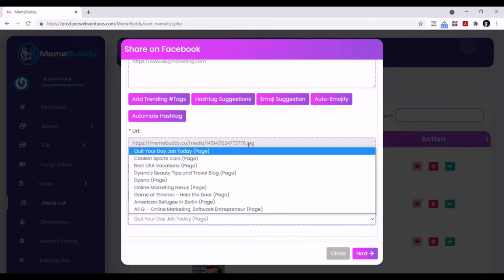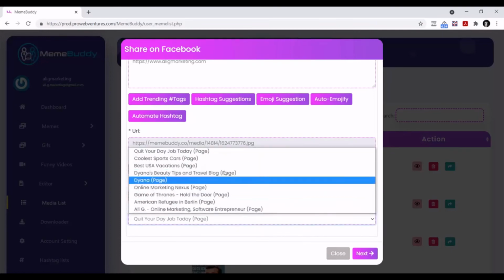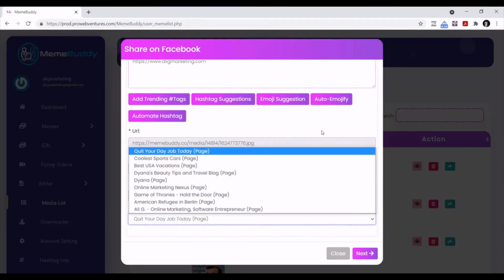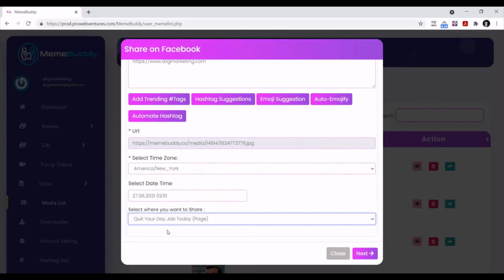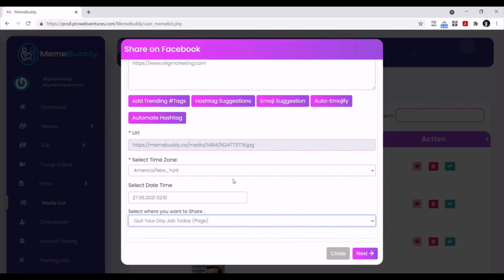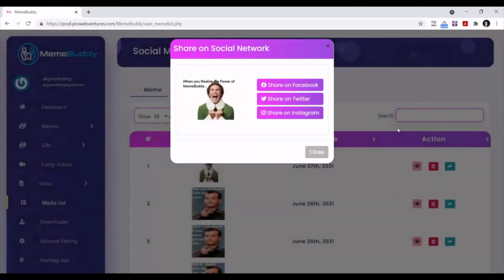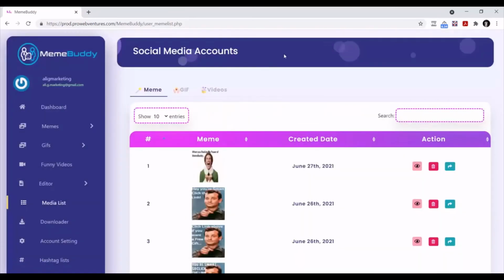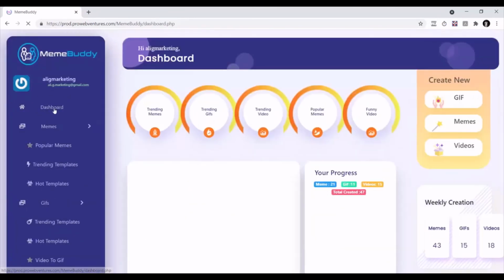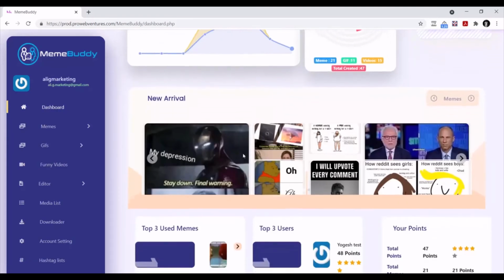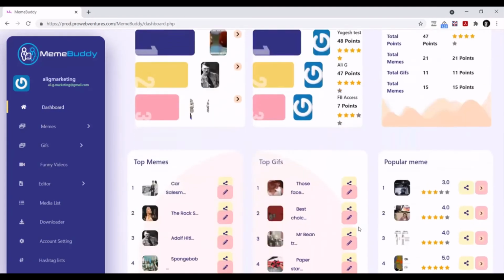All my pages come up that I have under that Facebook profile. So I add it to this page, the quit your day job page, and I just hit next, and that's it. That's all it takes to be up and running with MemeBuddy in all its glory,